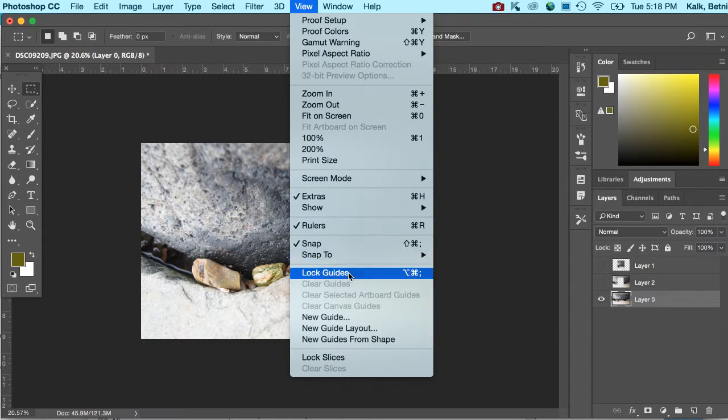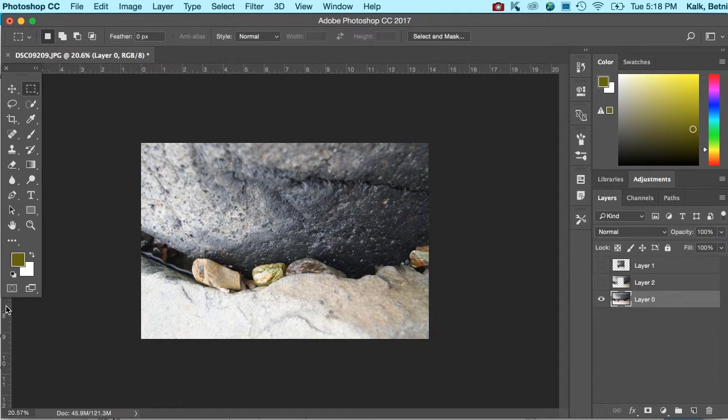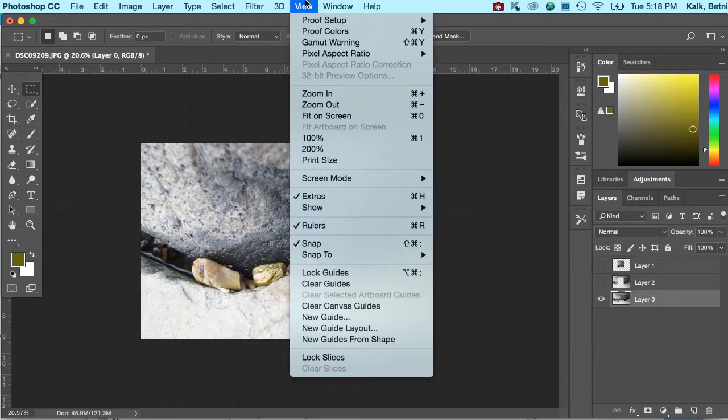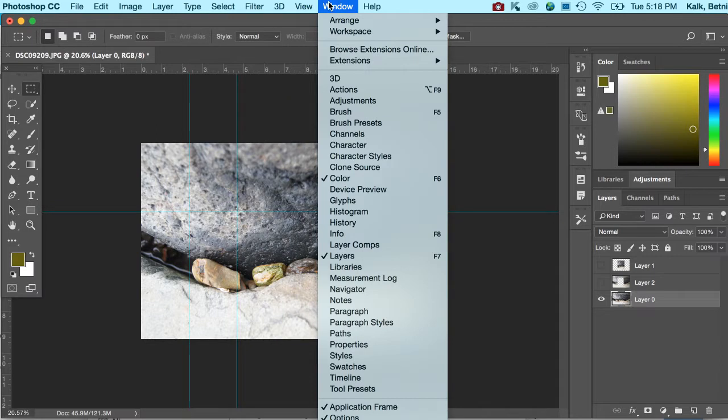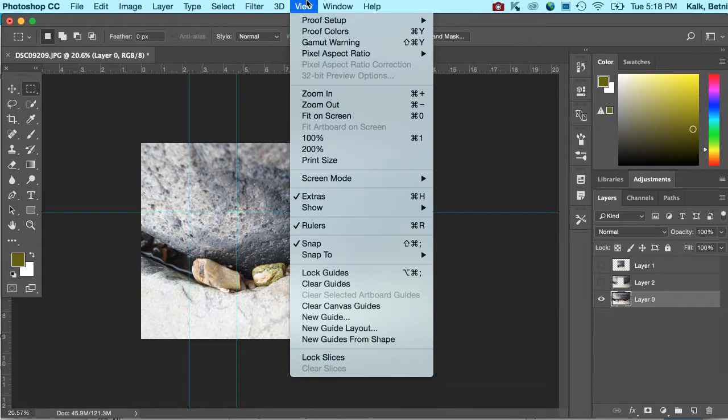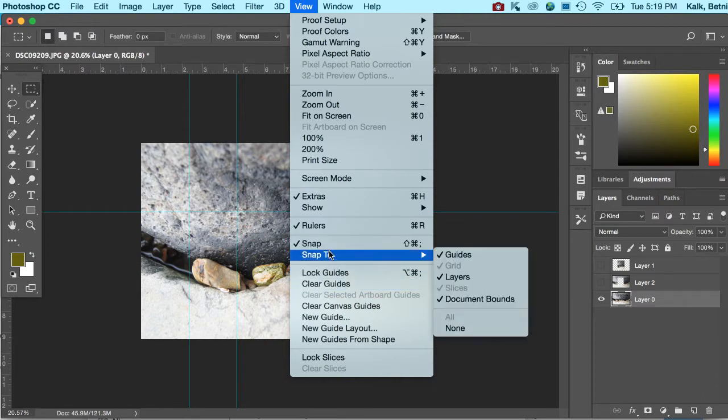The other thing that's helpful, you saw me do it briefly, but these guides are very nice in terms of lining things up. So you might find yourself dragging these guides. You just click over on your ruler, hold down, and then drag. So you can divide things, you can align things. It is quite helpful, especially when you're doing more design things rather than just a simple photograph. You probably won't need it for that, although sometimes you might want to make a horizon line truly horizontal, and that's something that you would want to use them for. Once you have guides, you can lock them, you can clear them, you can snap to them,